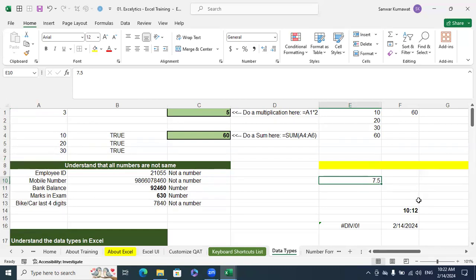A whole number starts with 0, okay? A whole number, an integer number, is the number which is not with a decimal place. It is like 100, 10, 3, 20, 14, whatever it is. Not with decimal places. 7.5 is a decimal number, right? Now, if I increase or decrease the decimal places, this number will become